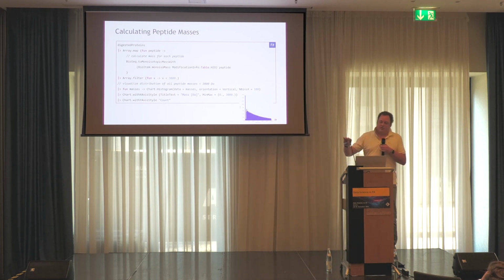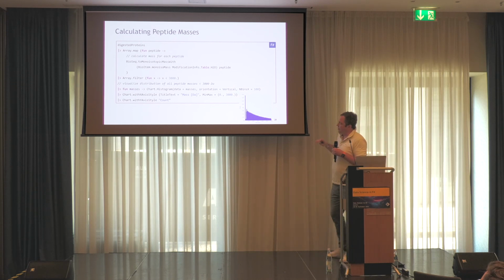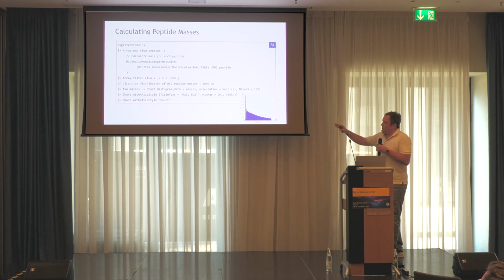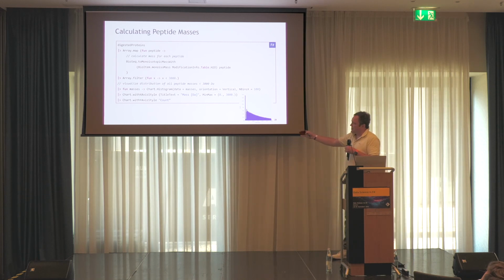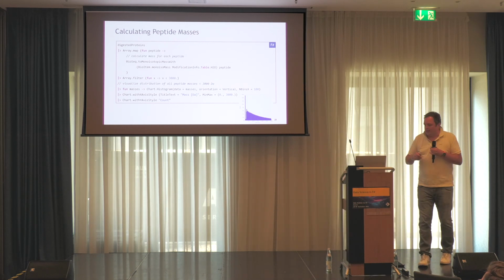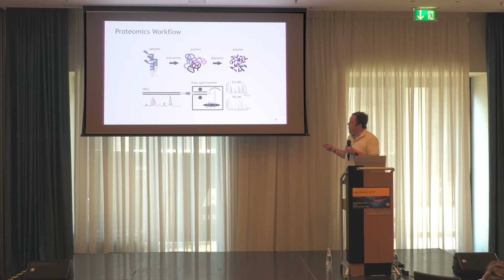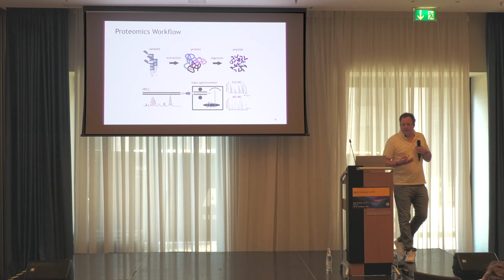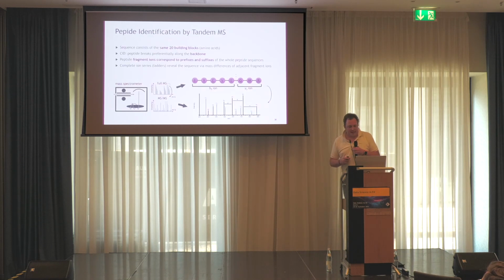We just filter for outliers because our detector cannot go over 3,000 mass units, but forget about this. And we make a histogram with plotly.net, and what you see here is all the masses, a histogram of the masses which you can expect because you know the organism. Okay? Cool. Good. So we have all the potential masses we can get out here and can compare this list now with the masses we really get from the machine. So we have a first filtering step.